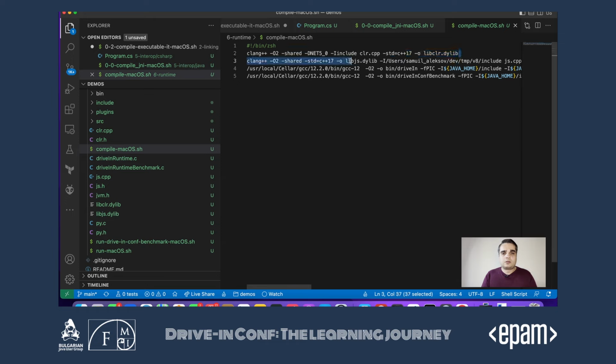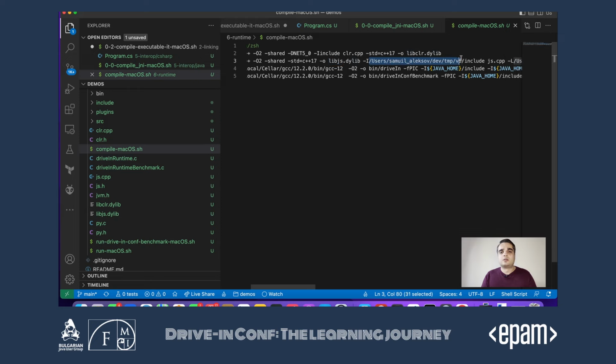And here we don't link into anything, because for CLR we actually do a dynamic lookup during runtime, so we don't need to link into .NET or something like that. We're going to load that by loading a library from the disk explicitly. We're going to output this as our own library called libclr. So this is something that we built. And then we can have a libjs build in a very similar way.